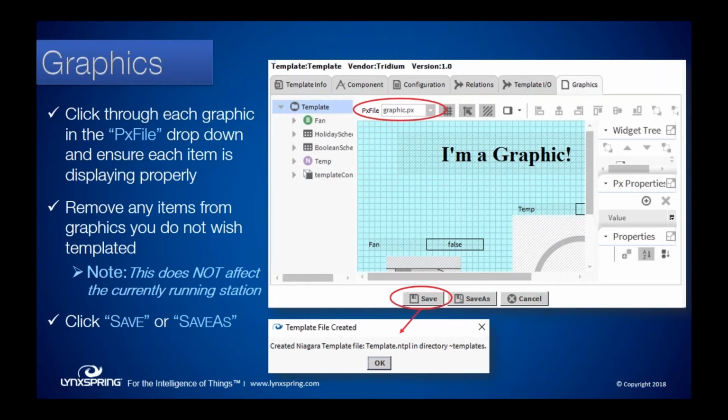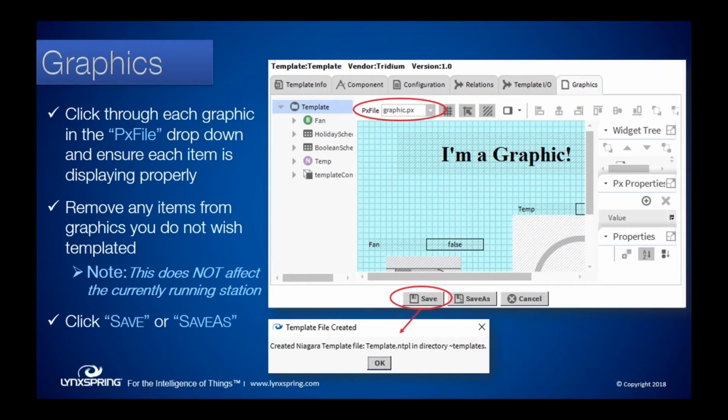Not necessarily something you'll do on a day-to-day basis, but that is what that additional tab is if you're looking at a 4.3 interface. At this stage, what you're going to do is you're going to save it. You have two options. If you hit the Save button, it's going to save that template with whatever we named it back in that original template info tab. If you hit Save As, that's going to be where it brings up what you'll recognize as a standard save box, and it'll say, what do you want to call this? And you'll have that ability with that Save As button. That's really the difference between those.